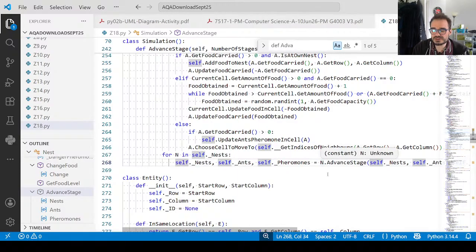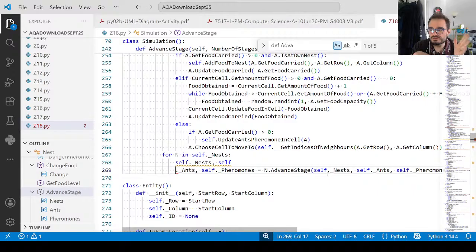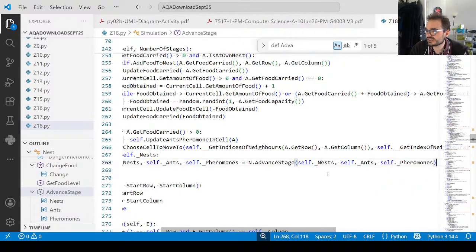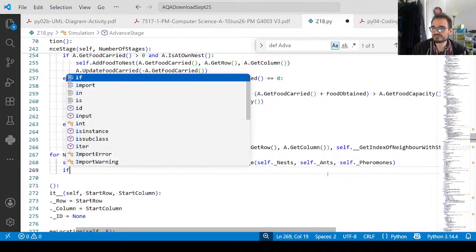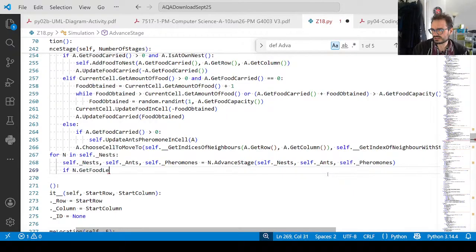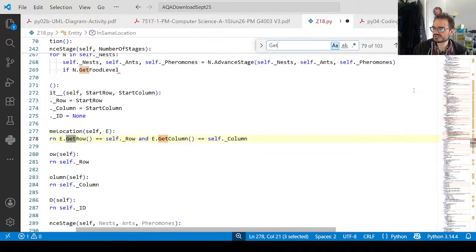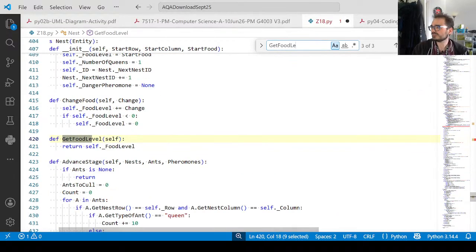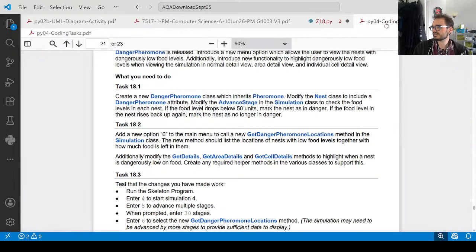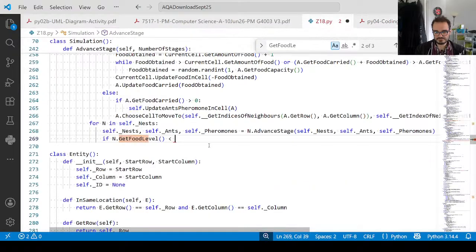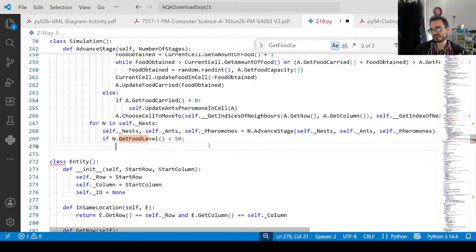So point is that any kind of checking of the food level needs to be done after we've consumed the food. So I want to do it after the call to advanced stage in the nest class. For which I've got n is a nest, and I go if n.get_food_level, which I'm pretty sure is how it's, yeah, get_food_level. So if n.get_food_level(), don't forget the brackets, is strictly lower than 50, I think is the threshold, yeah. Drops below means strictly smaller than 50, then we are going to say n dot